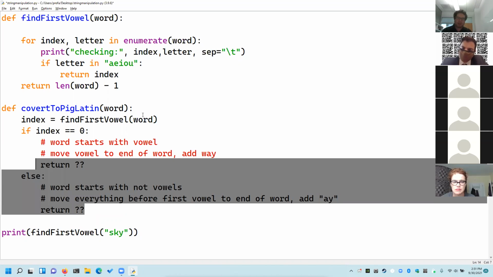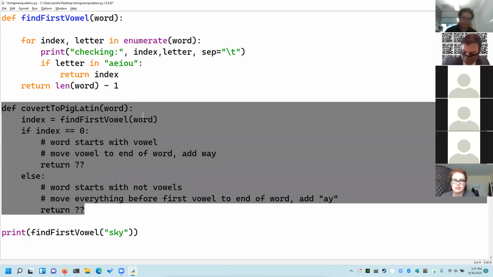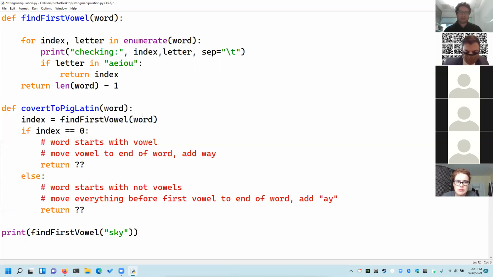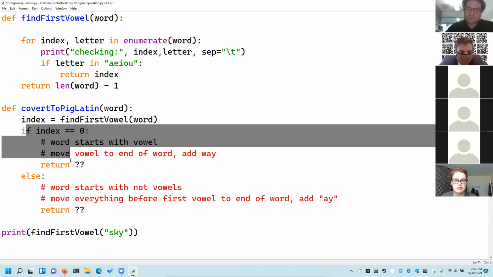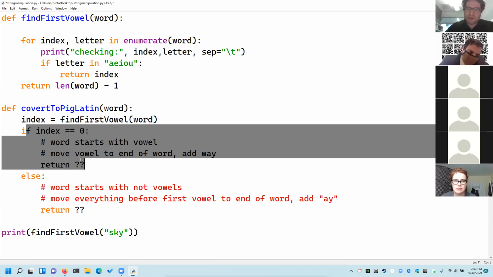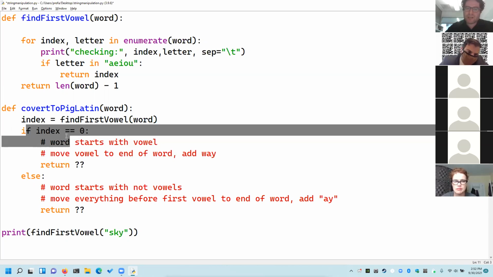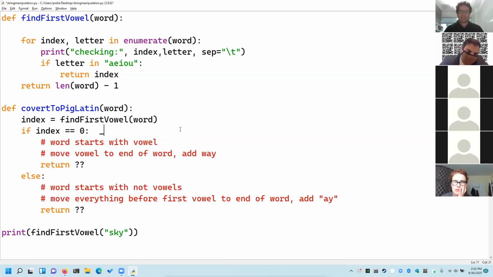So I'm going to go ahead and drop this function into chat, because I want you to try to figure out, at least for this first one, if index is equal to 0, how do we change this word? How can we do a manipulation that would change